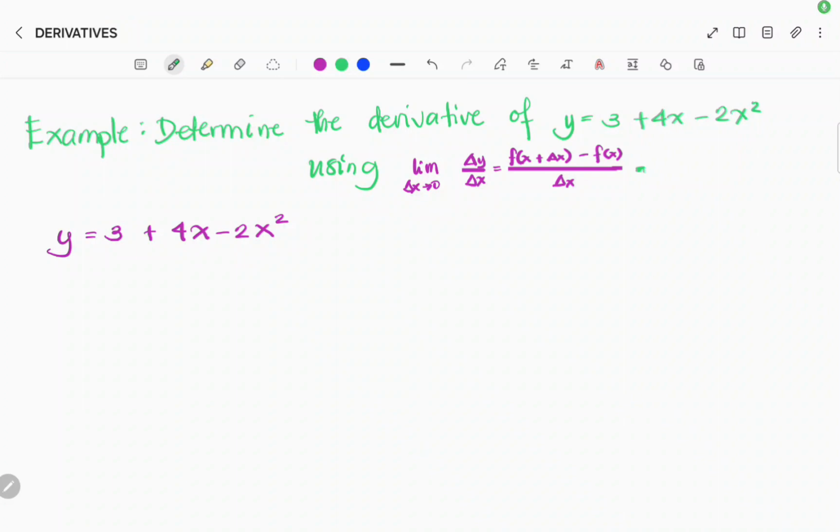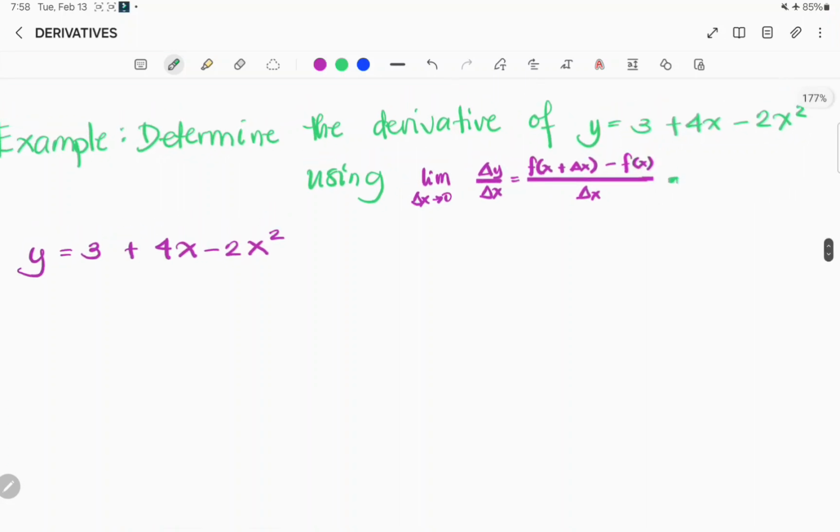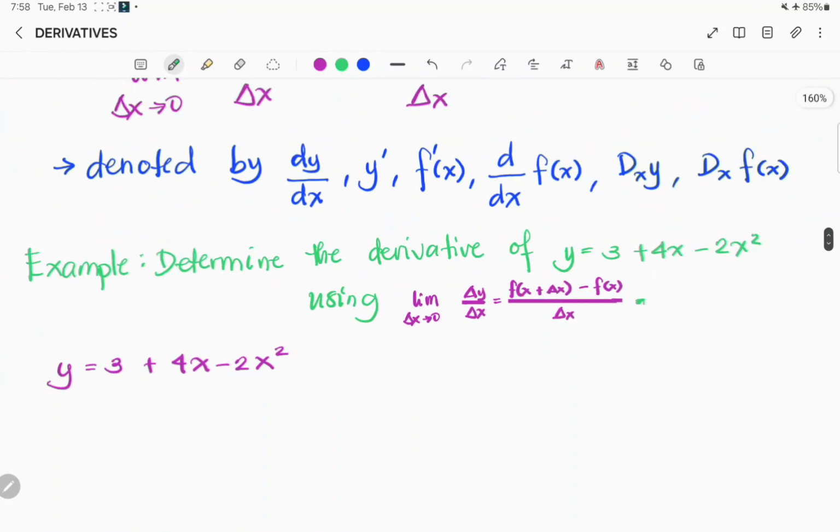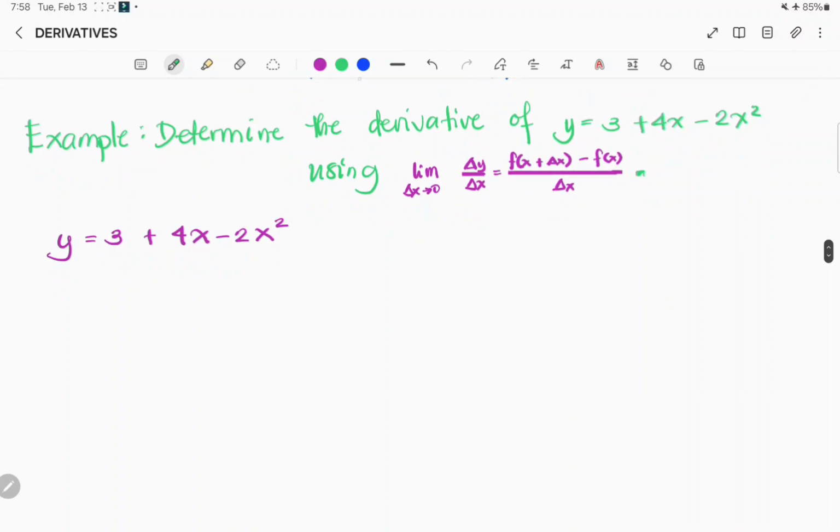For example, determine the derivative of y equal to 3 plus 4x minus 2x squared using the limit of change of y over change of x as change of x approaches 0. Now, the first thing to do is to change y to y plus change of y and x to x plus change of x. So changing these variables in our original function, it will become